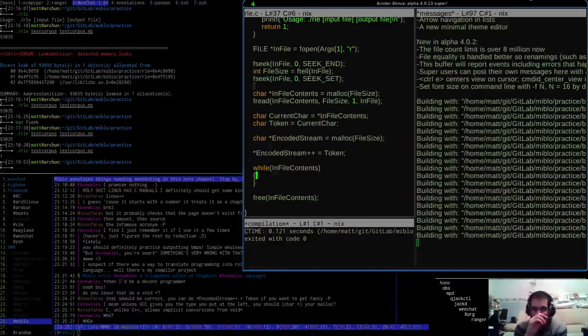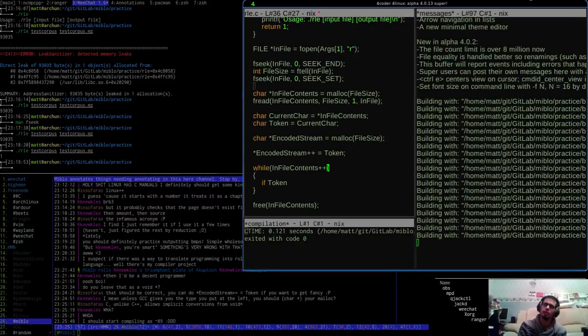This might be incorrect actually, while infile contents, but we'll see. If token, actually, is it just this actually, while infile contents plus plus. It's basically while this exists is what I'm talking about.